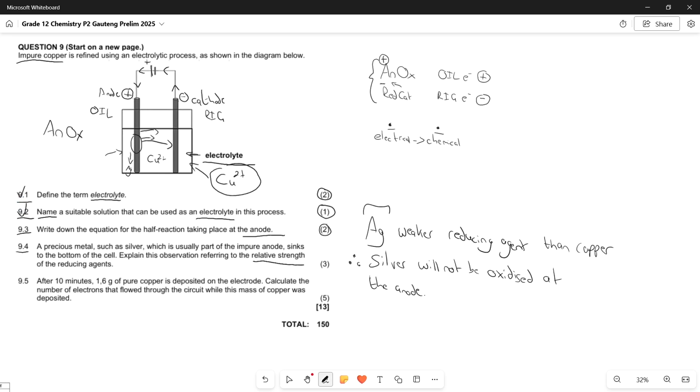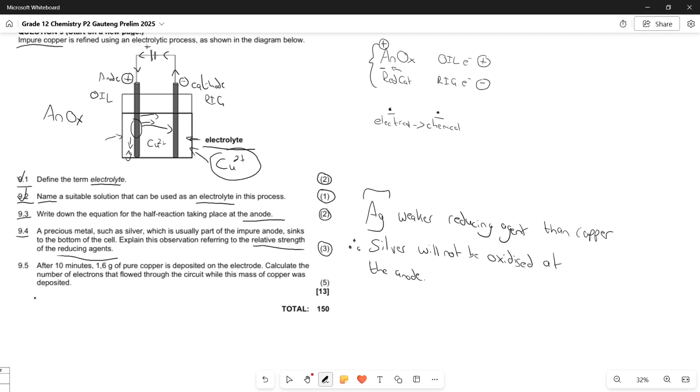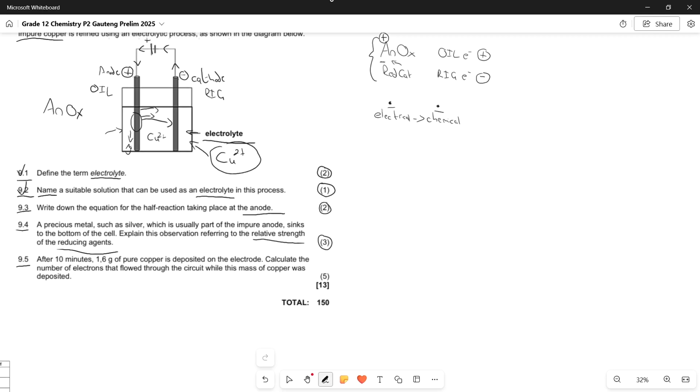And this used the relative strengths from table 4b to explain it in terms of reducing agent ability. Okay, and that would earn us 3 marks over there. And then last question for this paper, 9.5 over here says after 10 minutes 1.6 grams of pure copper is